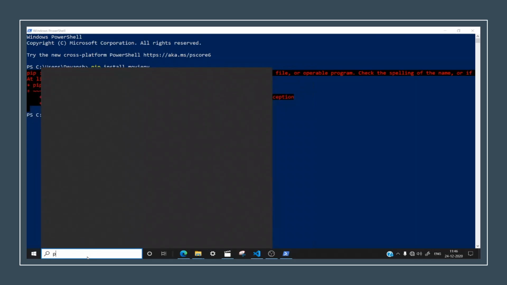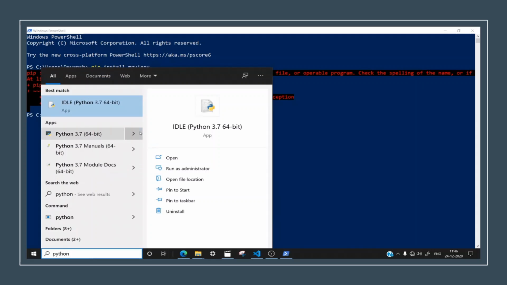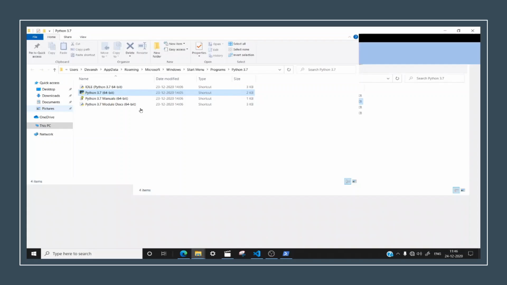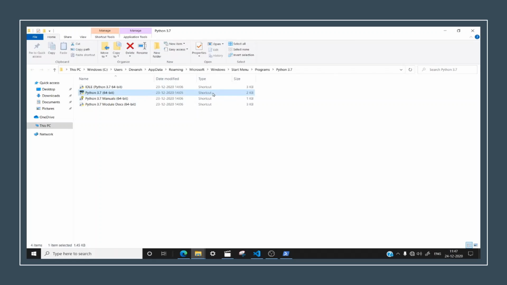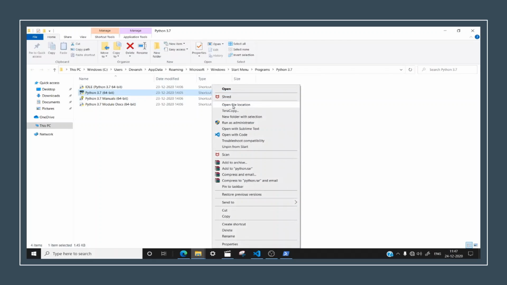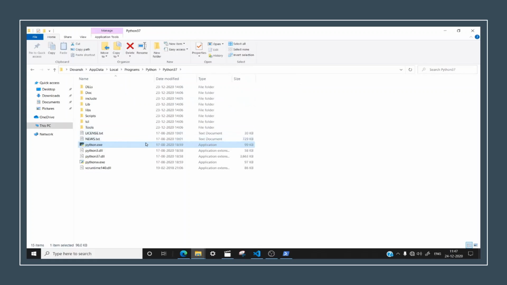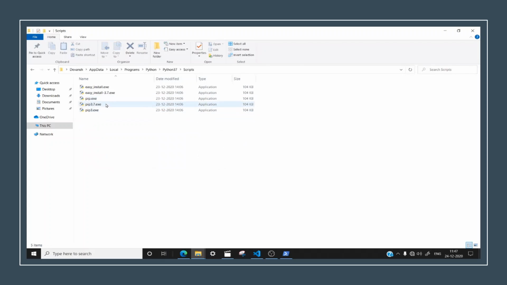Now let me tell you something. Let's head down to Python. You need to have this installed on your computer, and next you have to open the file's location, because we have to go to Python obviously. Here you can see that this is a shortcut type, right? So let's go to its file location. Here you can see python.exe. Now I want you all to head down to the Scripts folder where there is pip. There are three pip executable files, applications. Here you can see the types.